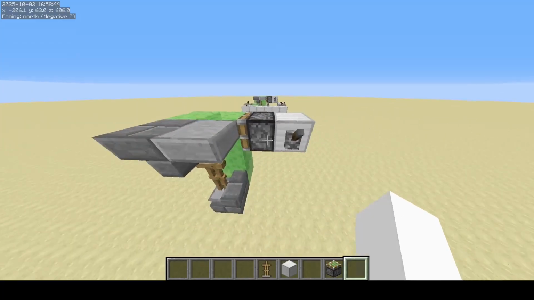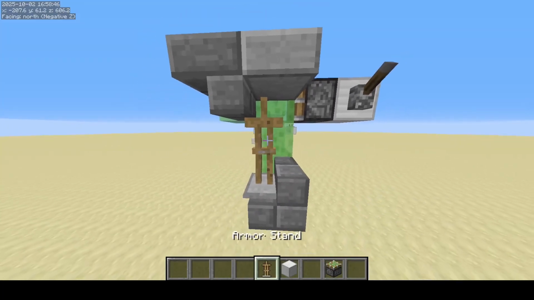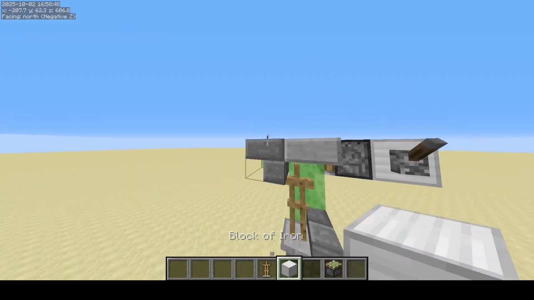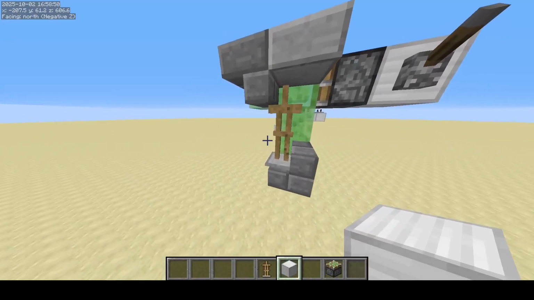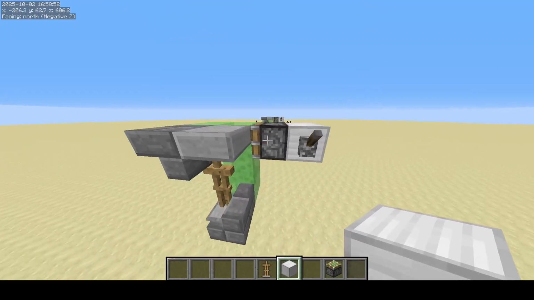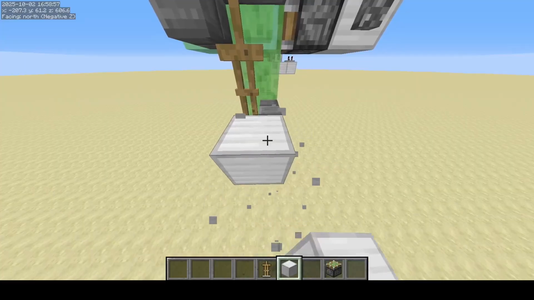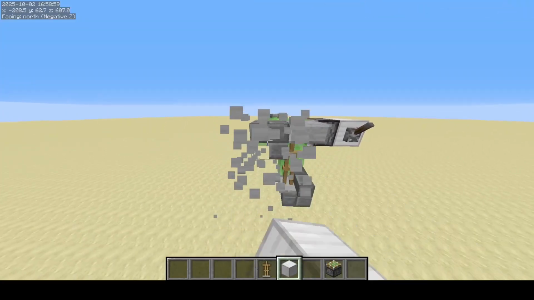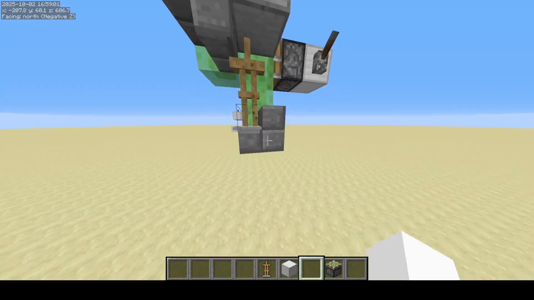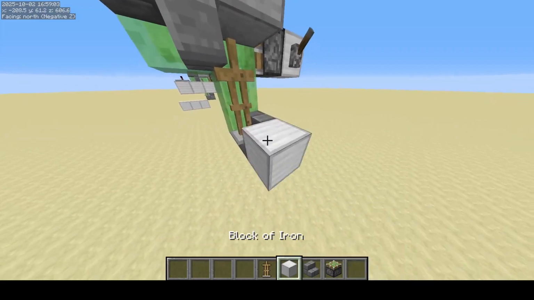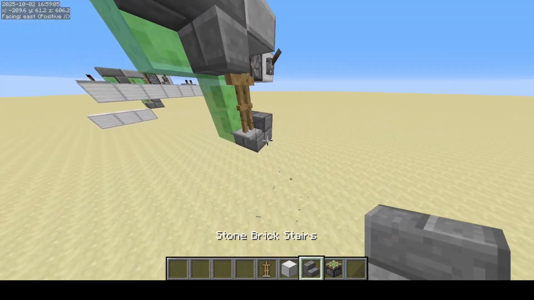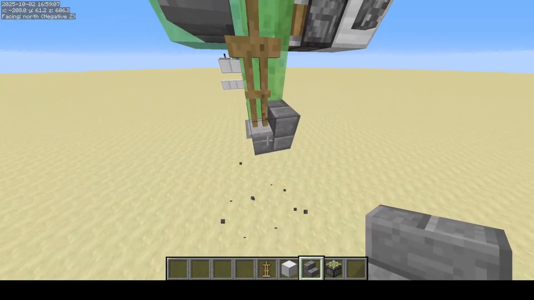So right here we have a piston, and if we activate this piston, then like this stair down here and this stair up here will both turn into block 36. But because of the update order of this limestone structure, this block 36 of this stair down here will move first, and this one will move later. So what happens is that first the stair moves over by half a block, so it will move in the middle of these 2 blocks, so the stair will be in between here and here. And then